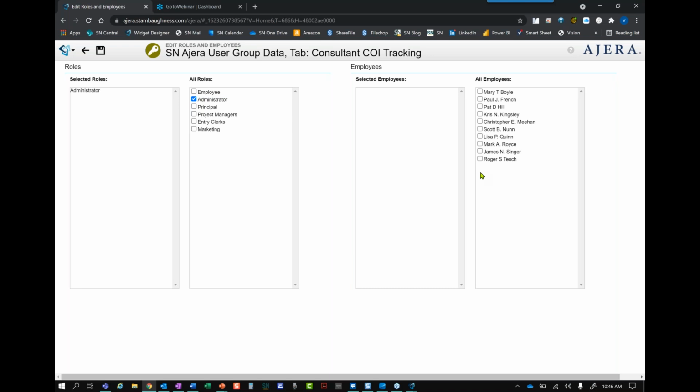Now, the one situation where this makes a lot of sense is typically the supervisor dashboard, because supervisors don't always fit neatly into roles, right? PMs could be supervisors, principals could be supervisors, admins could be supervisors. So on the supervisor dashboard, it's pretty typical we're going to have to cherry pick some names. But as much as possible on your other tabs, I think you're going to find it easier to keep up with things if you use these roles.